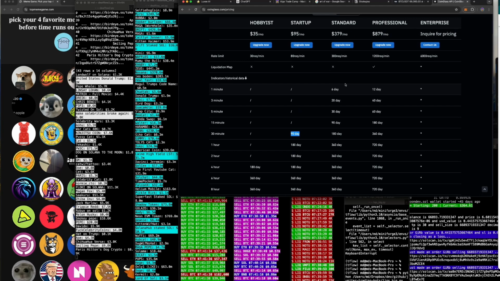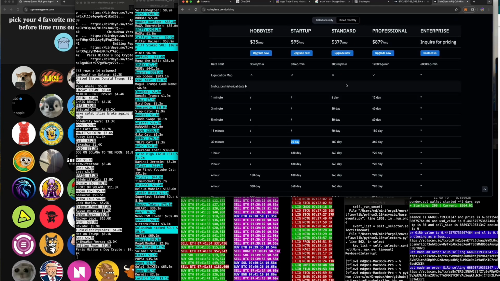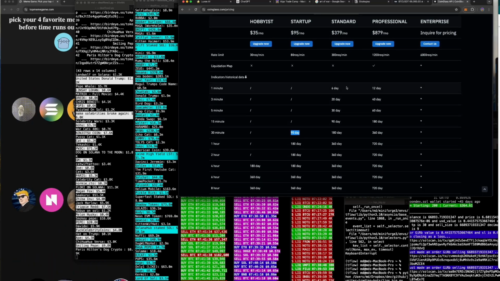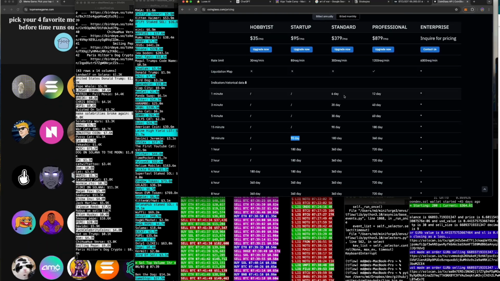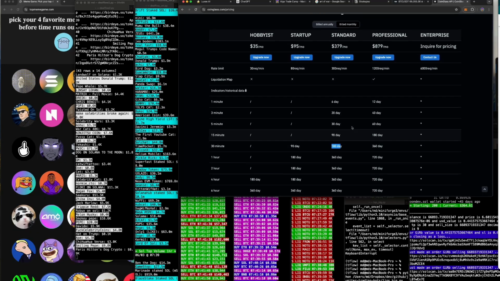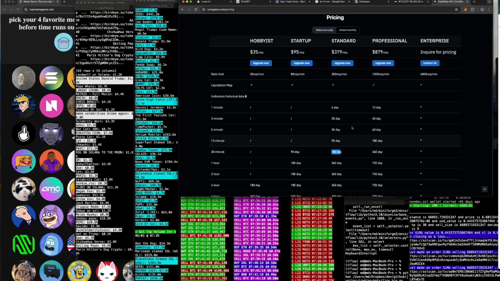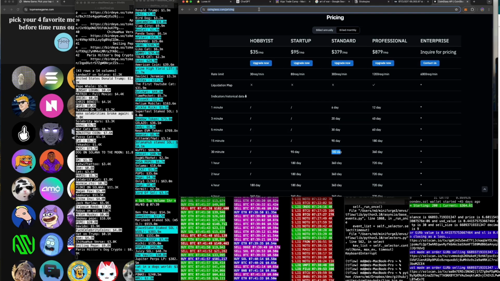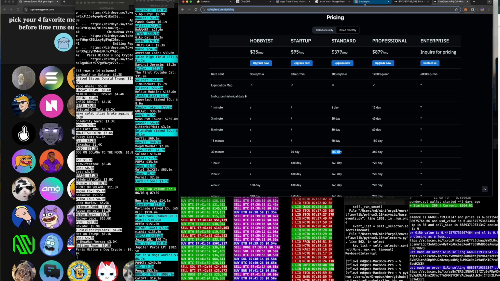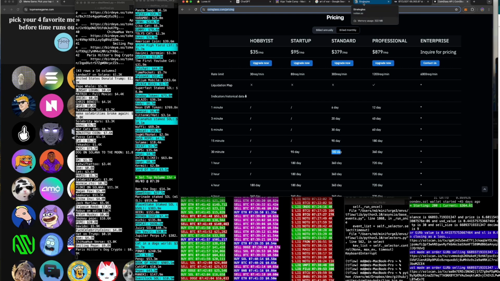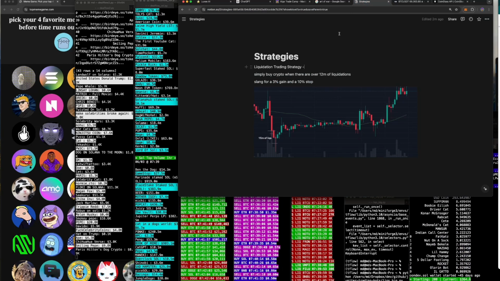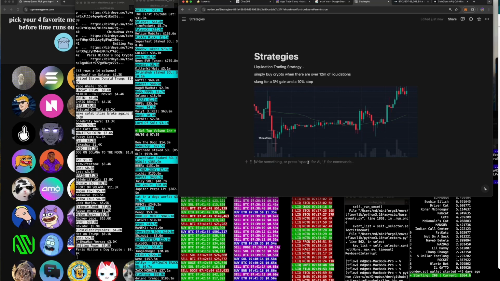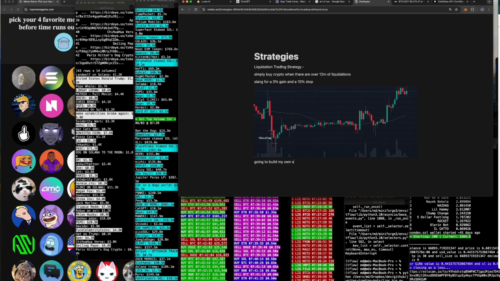90 days is not enough to get a robust backtest, but it's enough to get a regime backtest. I would like 180 more though. Regardless, I want to have my own data because I don't want to be a slave to these guys forever. So it looks like it's 95 for 90-day data. Going to build my own data